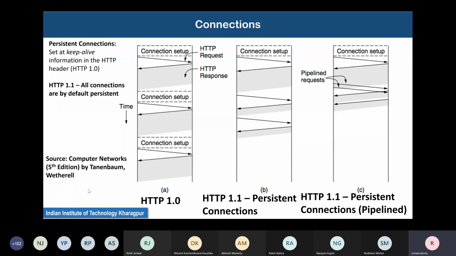So first, let us concentrate on HTTP 1.0. In HTTP 1.0, there is a connection setup, and that connection setup takes some time. Then there is an HTTP request, and then the corresponding HTTP response is this entire response in shaded form. This shows that the request takes much less time and there is only one request. Just send me courses.html, something like that. Whereas the HTTP response is much more substantial. It is sending back a large HTML page, so it is carrying much more information.